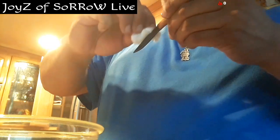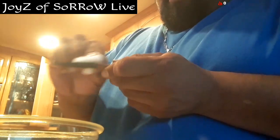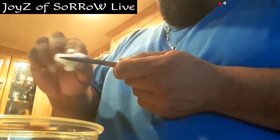Now, another cool thing that I didn't know about, but I'm glad to know about it now, is that it's actually not doing anything to the wood, which is very good to know, because it just means that I don't have to worry about the knife handle getting damaged. And either way, if for any reason the paint were to get damaged, I could always just apply more paint,